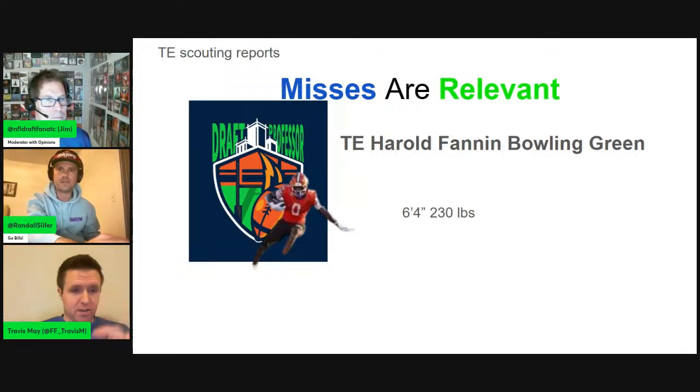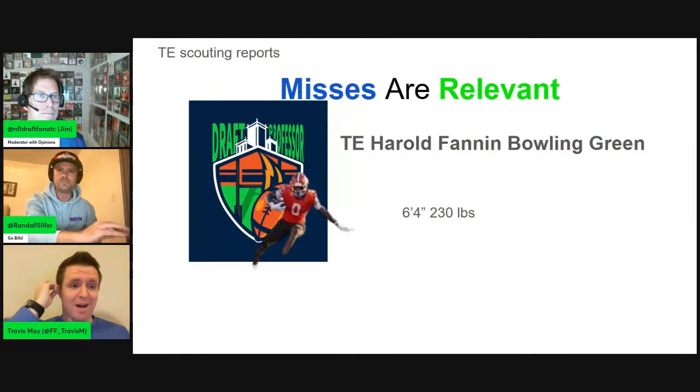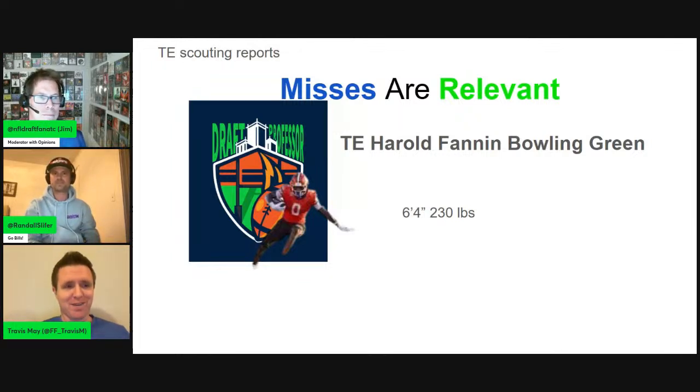Yeah, Harold Fannin is a fun one because he came in at the very beginning of his career as a linebacker recruit with no hype whatsoever. He was not supposed to be a thing, but the coaching staff finds him a role at tight end. He grows into that pretty quickly, blows up in what was his true sophomore year, I guess, for Bowling Green. It's great to see him break out the way he did and just dominate, and then set records this past year, which was just incredible to see.